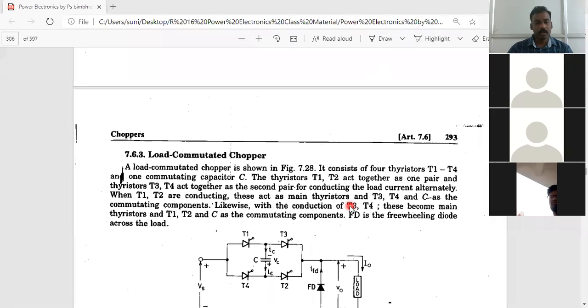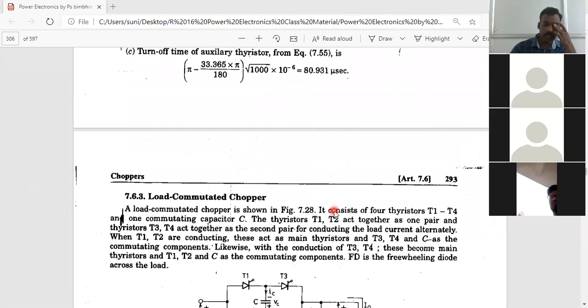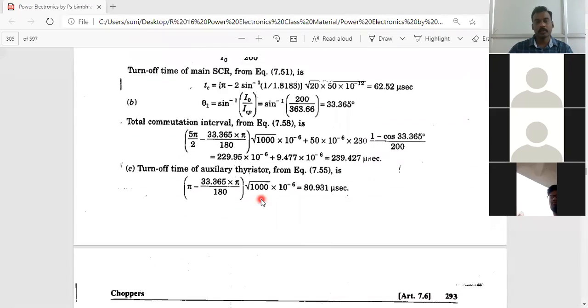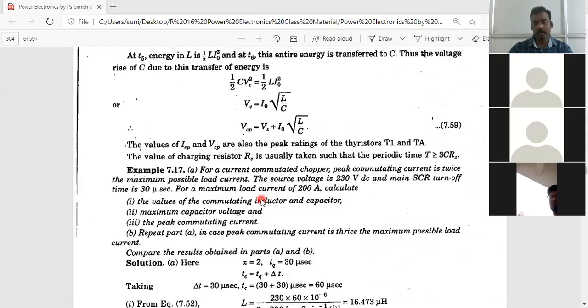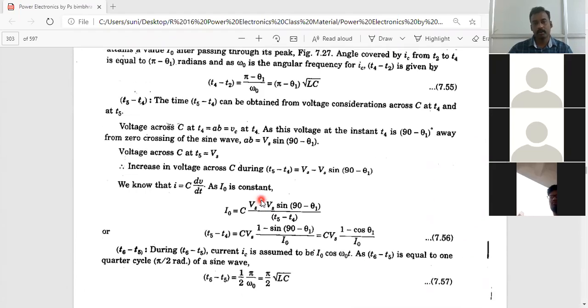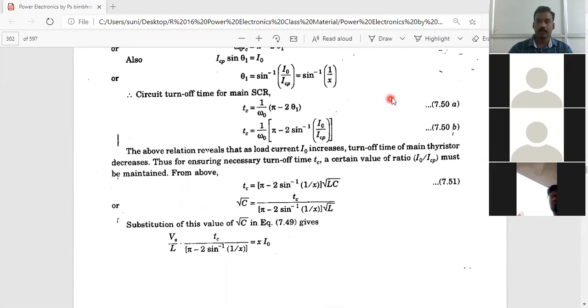Okay, so we'll see the remaining topics in the next session. I think the operation of the voltage commutated and current commutated choppers is clear. Once you refer to the current commutated and voltage commutated choppers, and if you have any doubt, you can simply ask me. Okay. So then